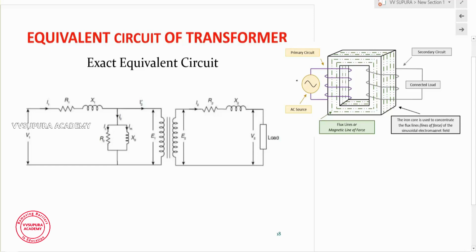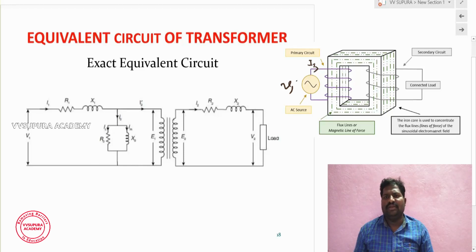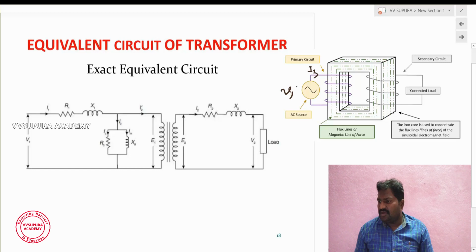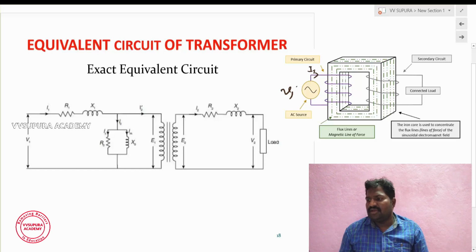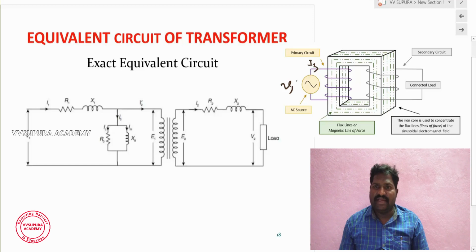Now this primary side voltage we mention as V1, and the primary current is I1. This winding can be represented as resistance and inductance. The inductor has inductive reactance, which I can represent as XL. In a similar way, the secondary winding can be represented as R2 and X2. So, secondary resistance and secondary reactance, and the current flowing through the load is I2 and the voltage across it will be